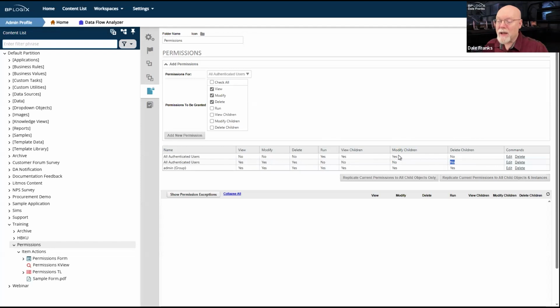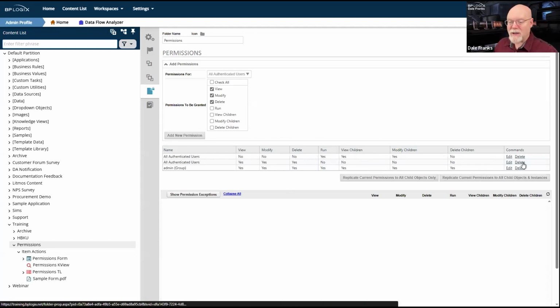However, because one of these two records has a yes for everything else, the most permissive rule wins if there is a conflict, which basically means that all authenticated users with this setup and these two conflicting rules, given the most expansive permissions, can do everything on the system except for deleting child objects. Everything else, they have full permissions to. That's how permissive access works.